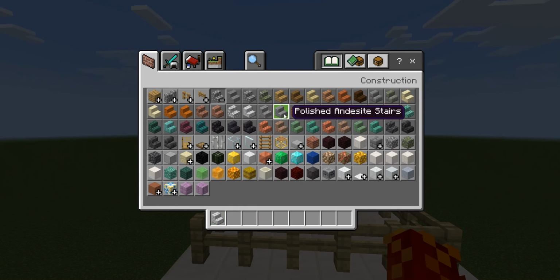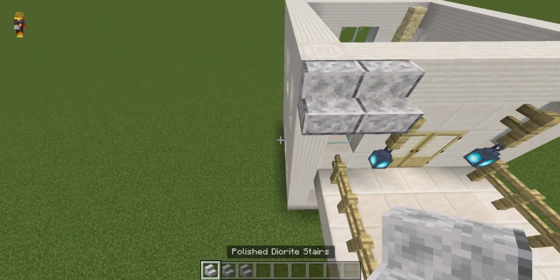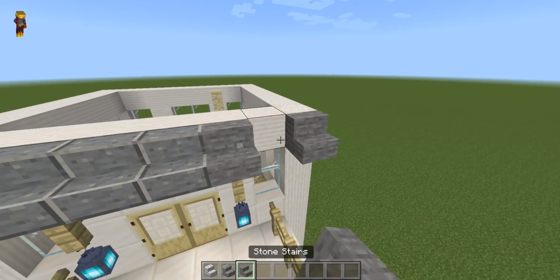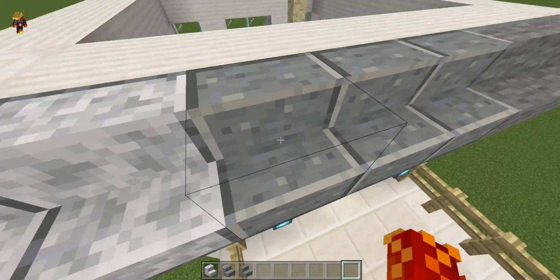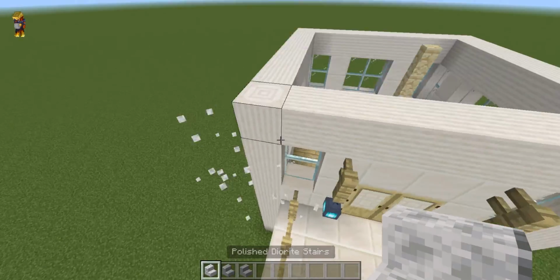polished diorite, polished andesite, or stone. Polished diorite looks a little bit like this. Polished andesite, and then stone. You can choose which one you like. I think I'm going polished diorite, even though in some people's cases it's bird poop. And then you can go